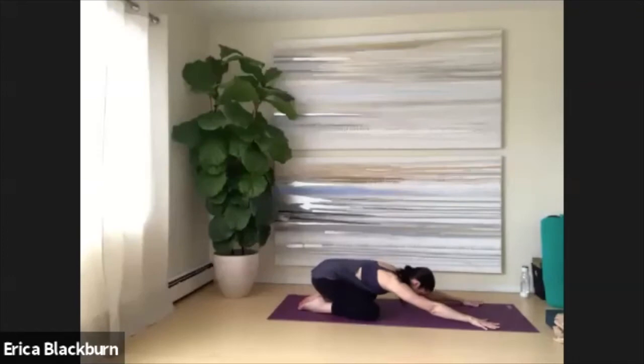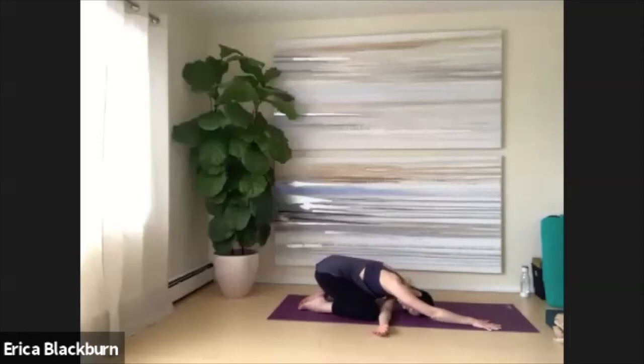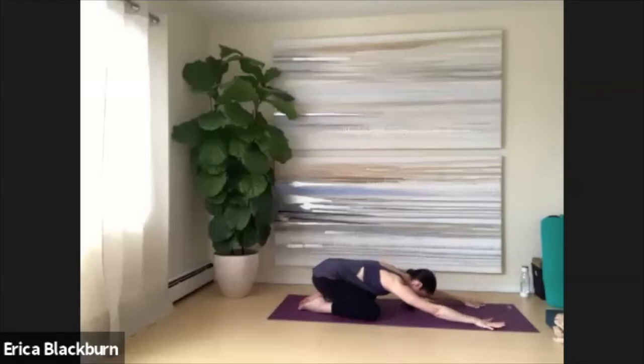Come back through center. Left arm threads under your right arm. Twist on the second side. Breathe into the space between your shoulders. One more breath. Complete exhalation. Come back through center. You can choose to stay in puppy or child's pose, or you can come up through